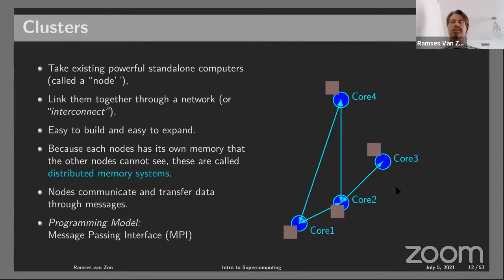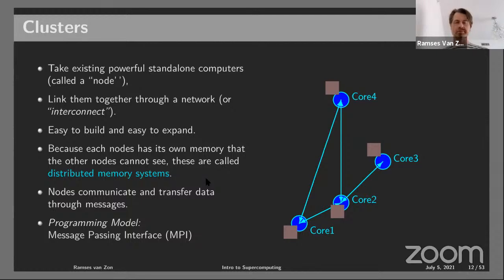But as I said, it's just connecting computers that otherwise would be too small. So it's a very popular and cost-effective way to do things. But to program this, we have to think about transferring the data between these different memories, and that's done with a technique called message passing. There's a standard message passing interface library that people use in their programs to explicitly send data from one core to another and receive data from another core, and that's kind of how you have to do this. So that's the loss that I was talking about. You have to program these things very explicitly to be able to coordinate the work between the different cores.